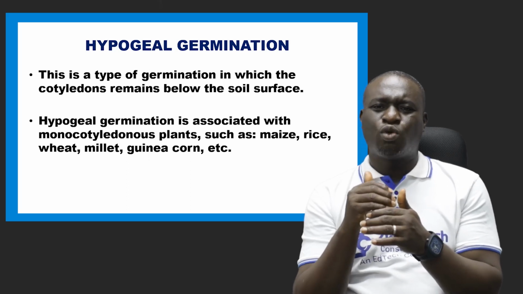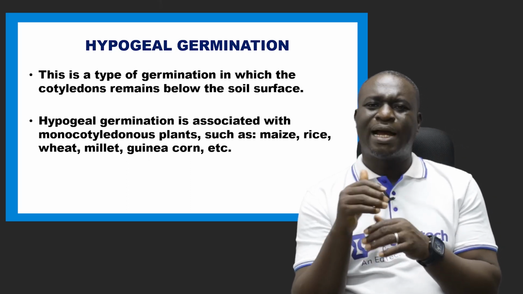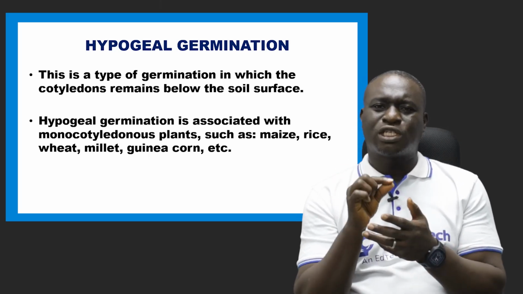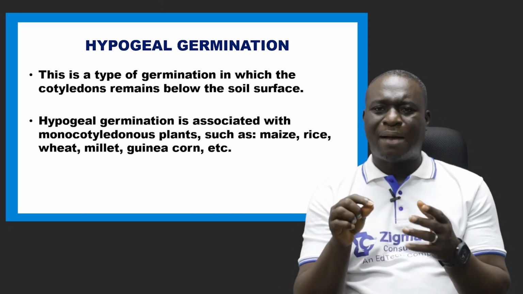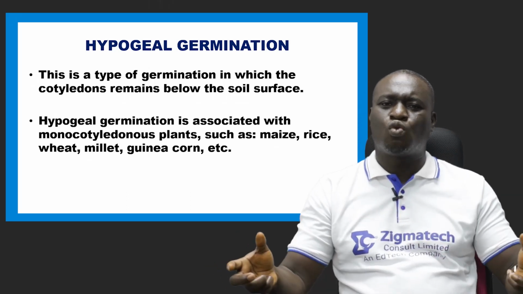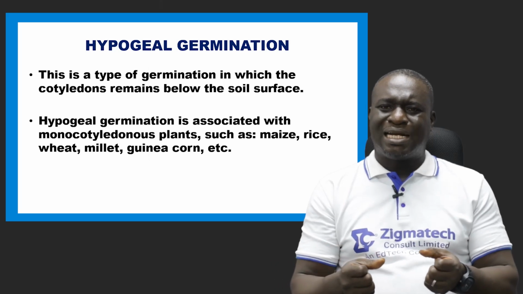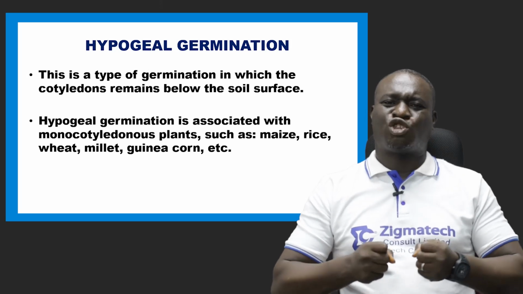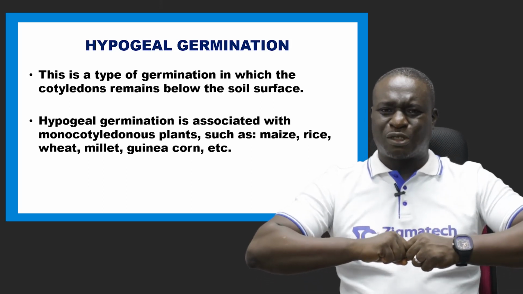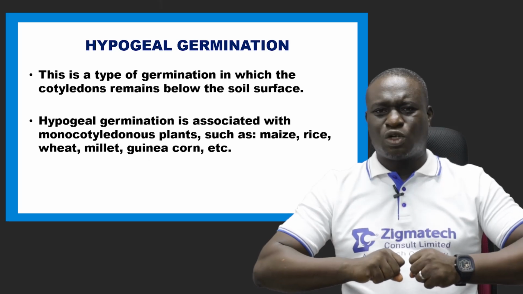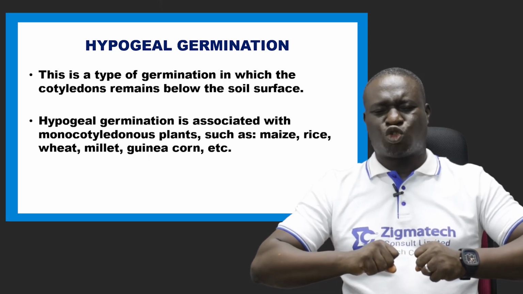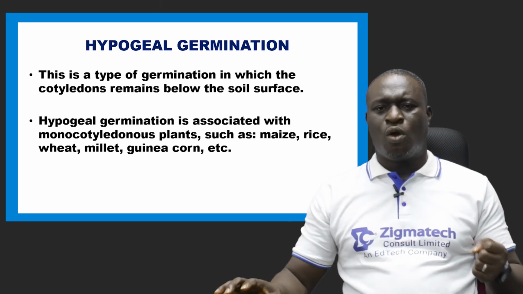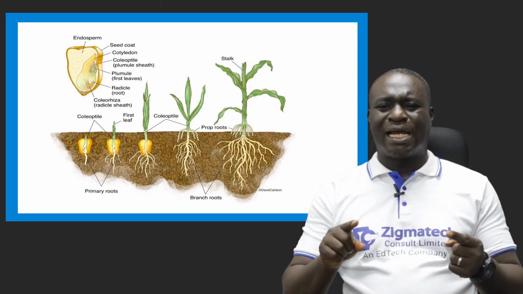Now, what is the process of germination in hypogeal germination? How does it happen? When a seed falls in a suitable soil, the seed absorbs water from the soil, and that water causes the seed to swell. As it swells, the testa is split. The water that the seed absorbs splits the testa. Once the testa is split open,